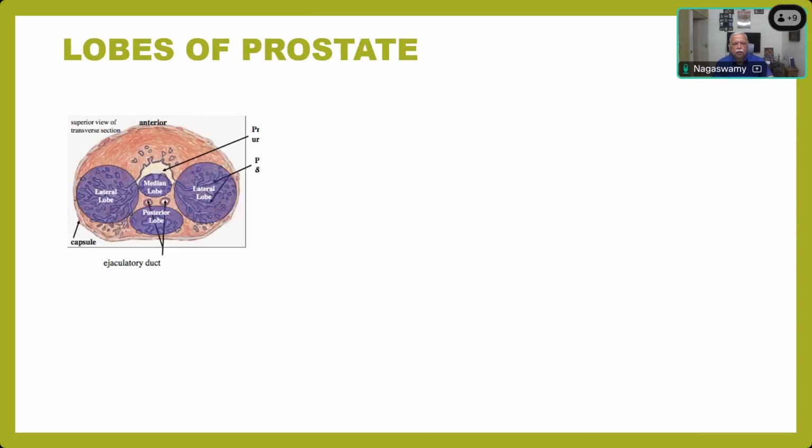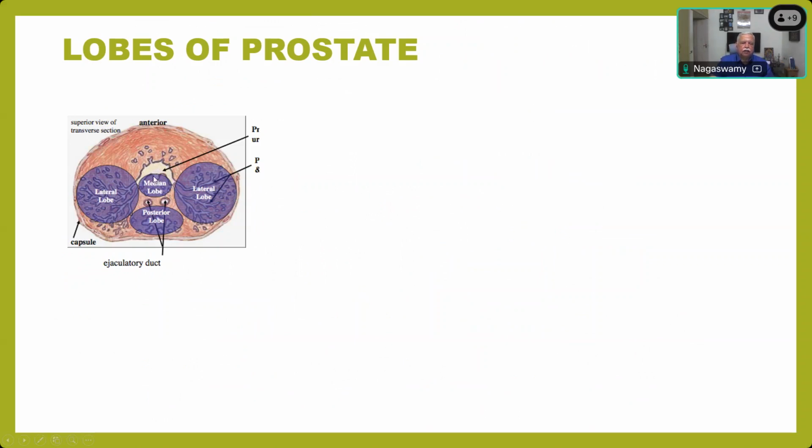This is the number of lobes the prostate gland has. And you can see this is the urethra. This is the proximal urethra. And the median lobe is the one which is there here. And the two lateral lobes are there. So commonly the median lobe will enlarge. And that will be the cause for the